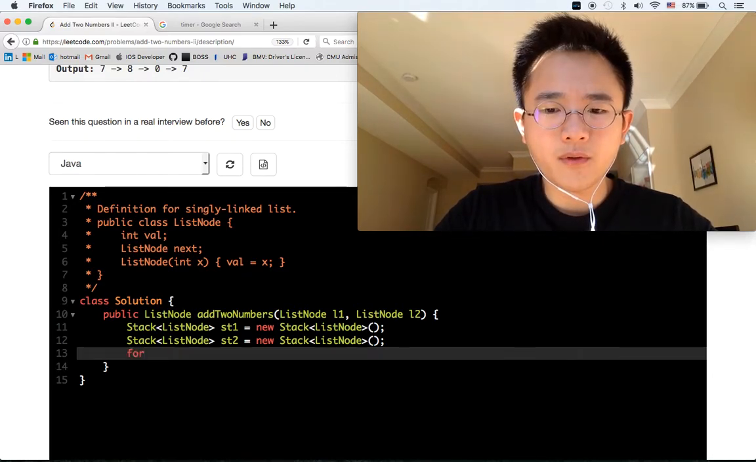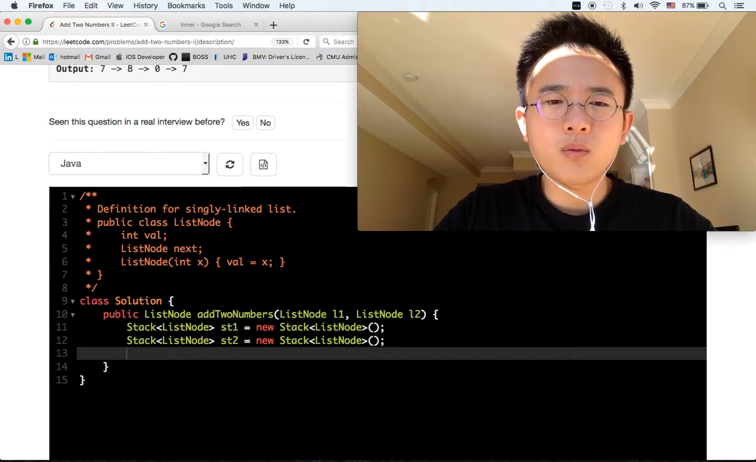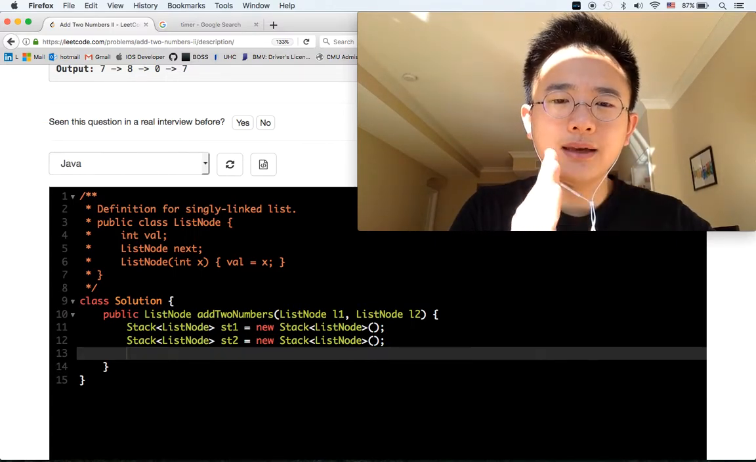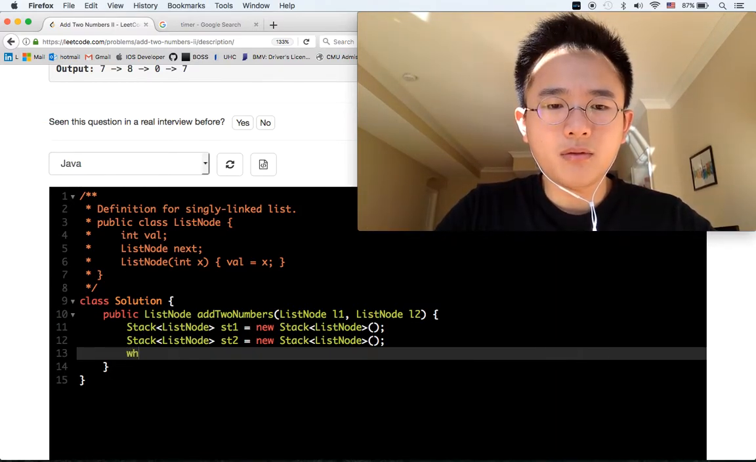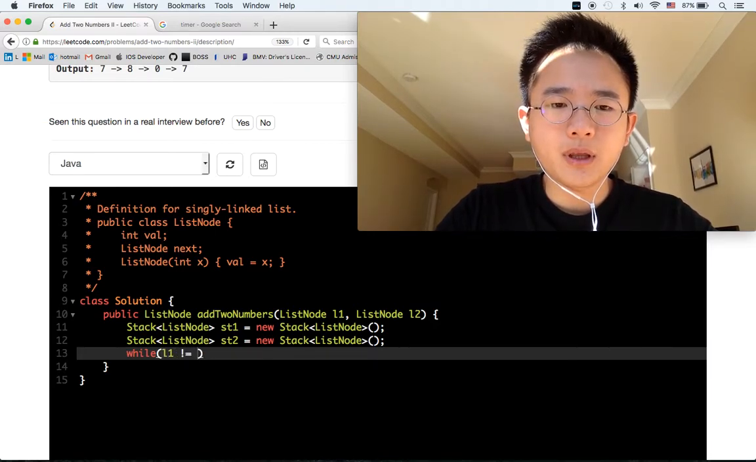Do we need to keep track of L1 and L2? Because I was thinking if I iterate the list with this head, then I will lose the head. But for now, we will have while L1 is not equal to null,